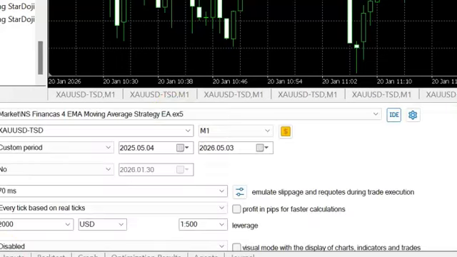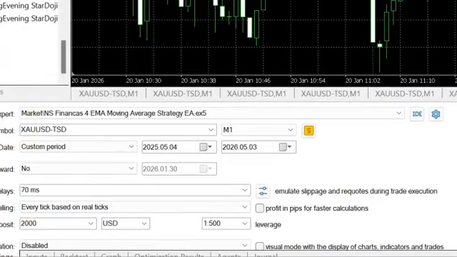So this is on the 1 minute. So this is part of the trending strategy. It's a moving average strategy, but it's losing a lot. It uses a 4 MA moving strategy. So this is again a free EA from the MQL5 marketplace. So I'm going to save this set file, make it available